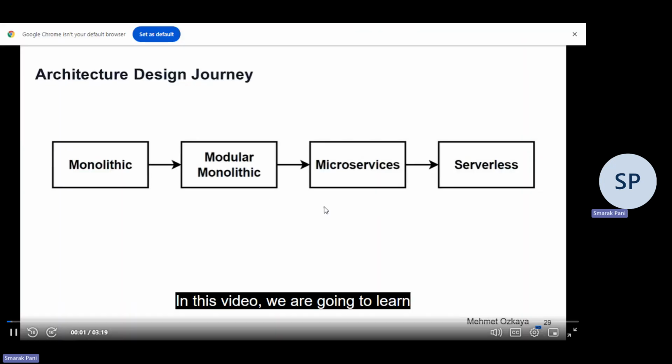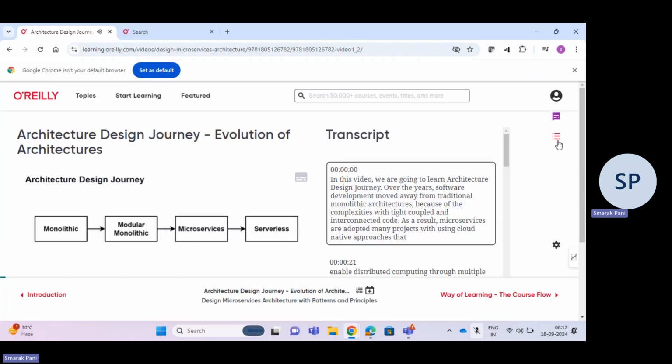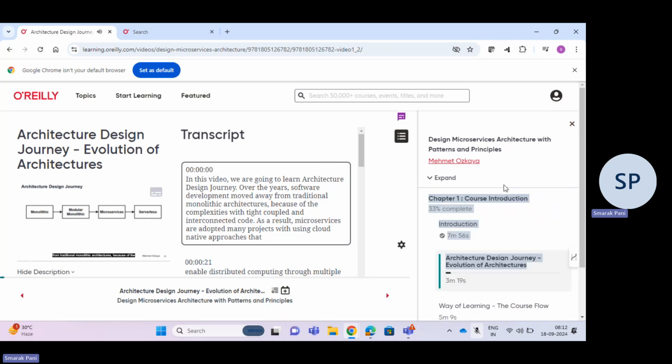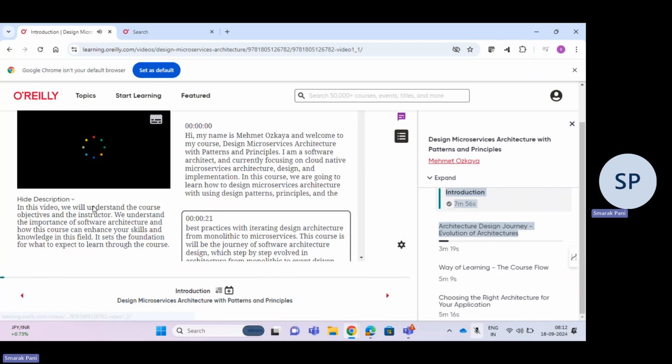In this video, we are going to learn architecture design journey. Over the years, software development moved away from traditional monolithic architectures because of the complexities with tight coupled and interconnected code. As a result,